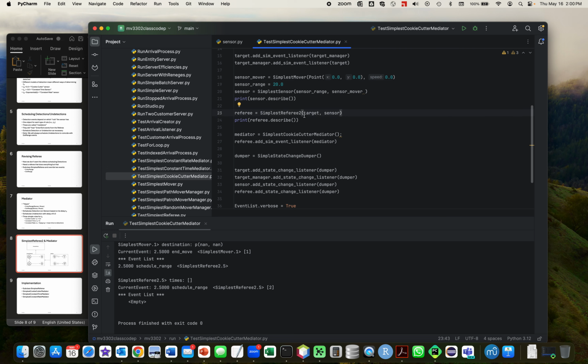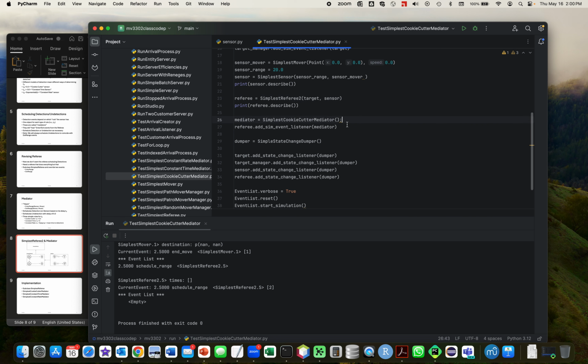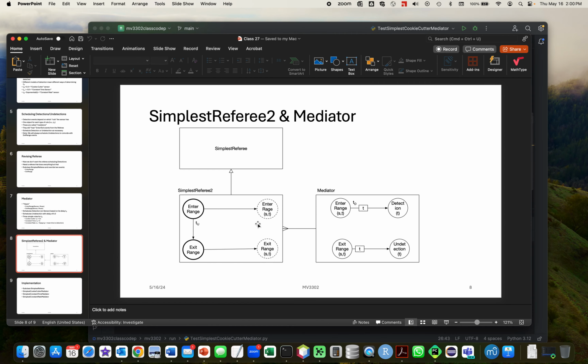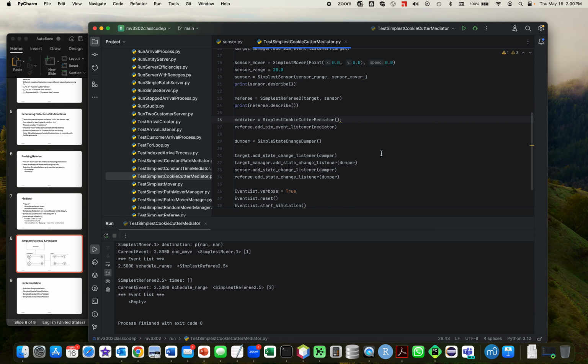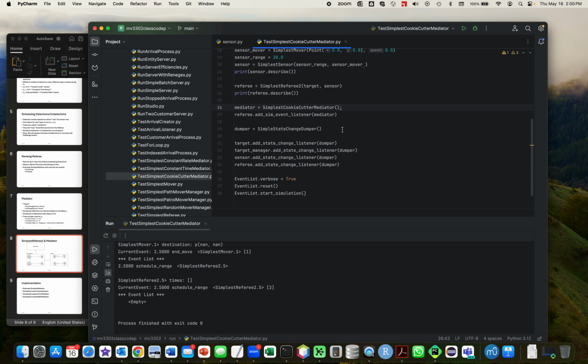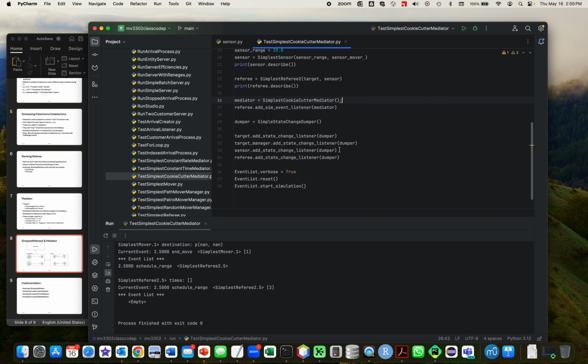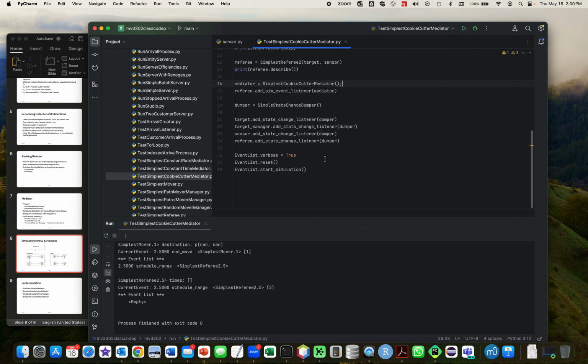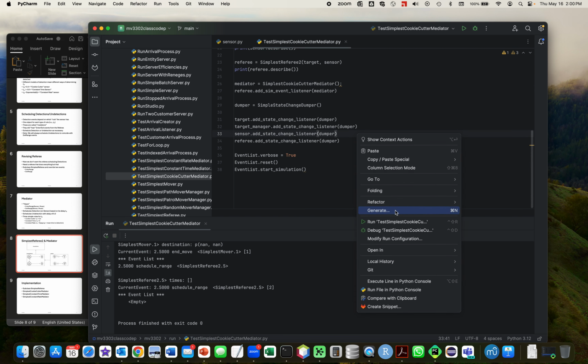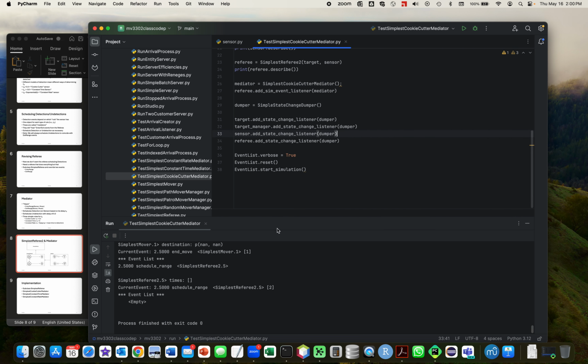And then here's our referee. We give it this target and this sensor. Here we instantiate the mediator, and then add it as a sim event listener to the simplest referee, which is simplest referee 2, which is what the diagram says. And then we're going to sort of dump all the state transitions, and then we just kind of run it in verbose mode. And when we do that, we see that